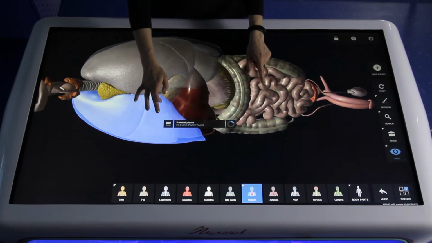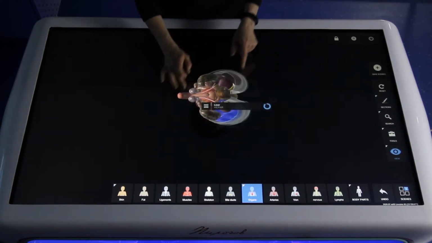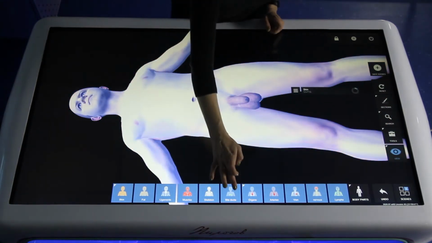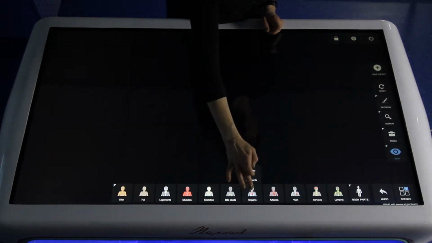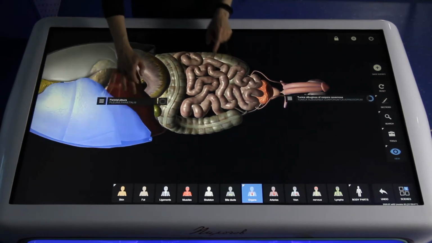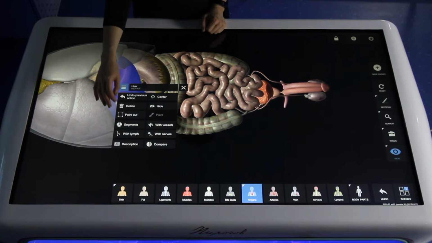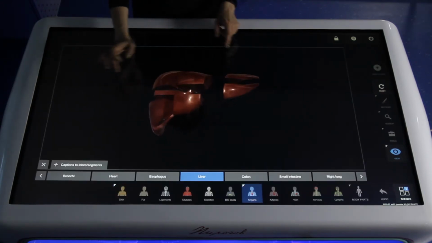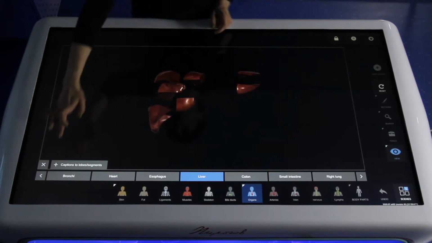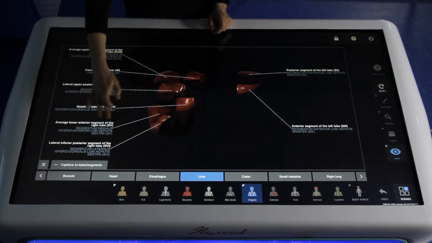That's the way. If you would like to show the segments of an organ and compare, you can do it. I try to return to the initial step. I turn off all icons. I turn on organs. I can show that it's easy to do. I fix the menu and I would like to show you the segments. You can see that this is the segment of an organ with the comments, and you can show the students each part of the organ